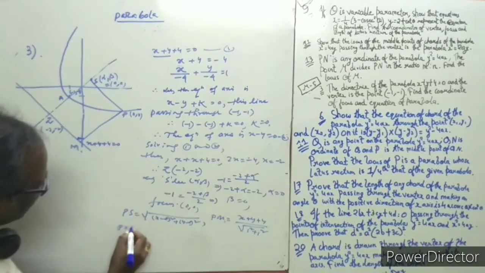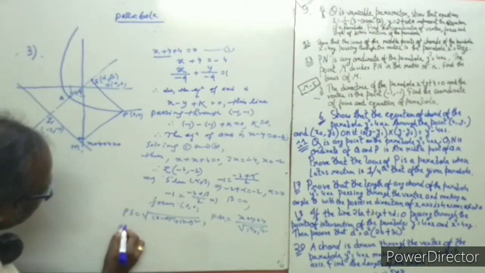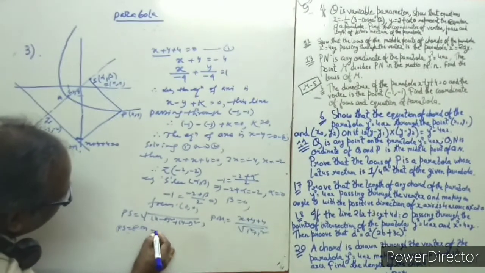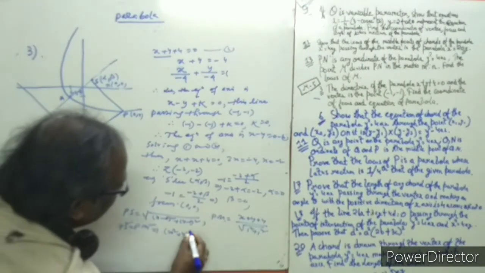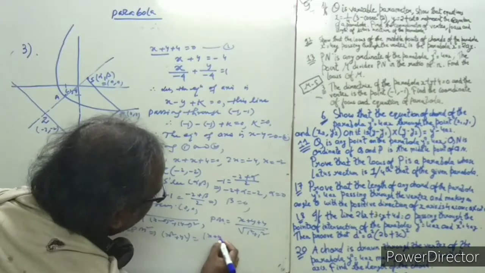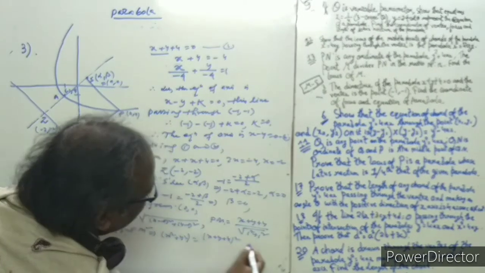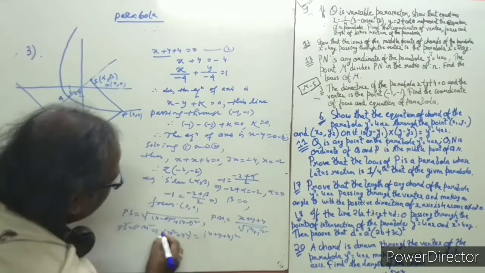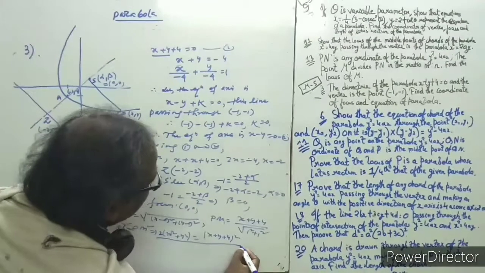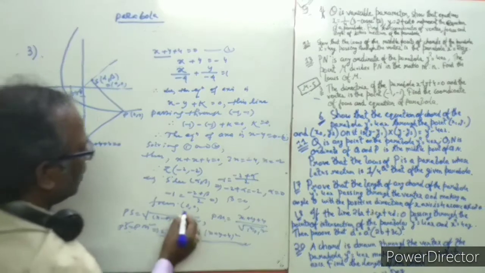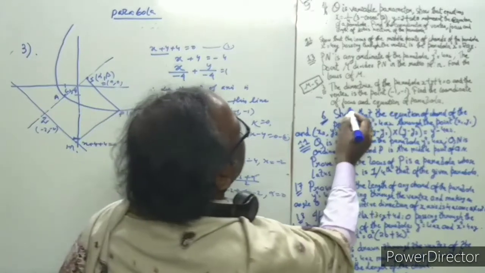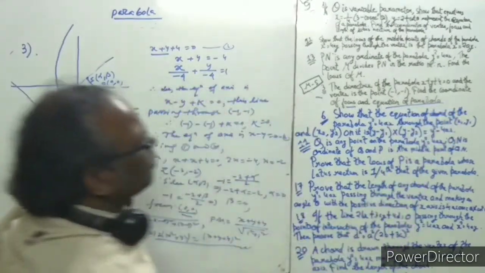So now PS equal to PM. So x square plus y square, whole squared, is equal to x plus y plus 4 whole square by root 2 whole square, that is 2. Okay, this is your answer. This is the equation of the required parabola and the focus is the point 0, 0. So this is your query's focus and the equation of the parabola.